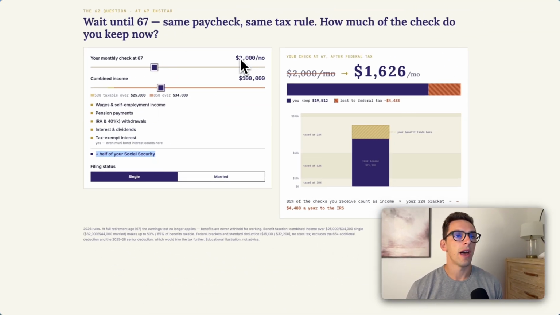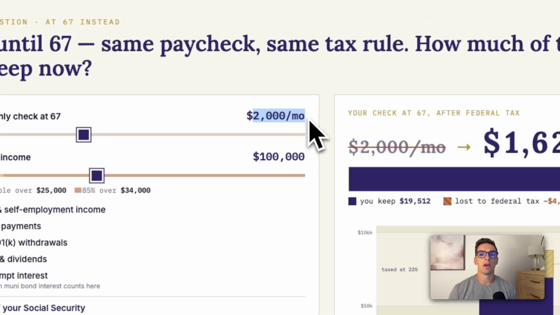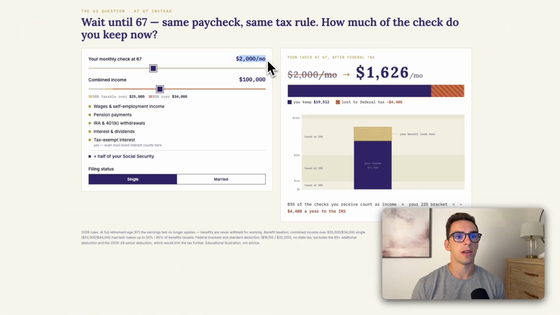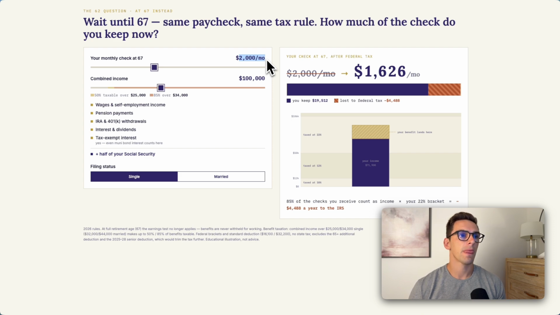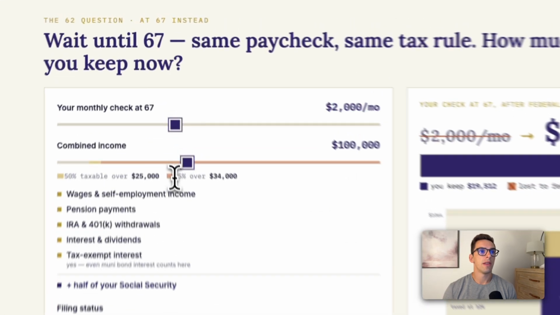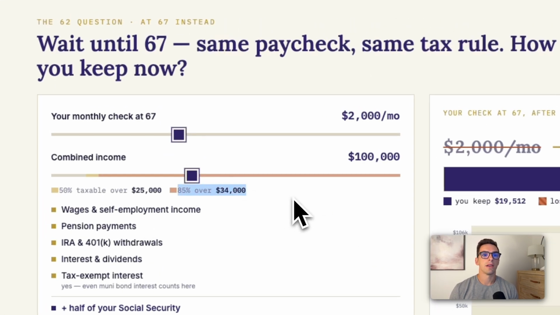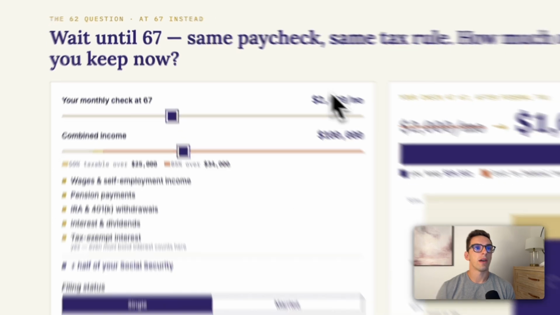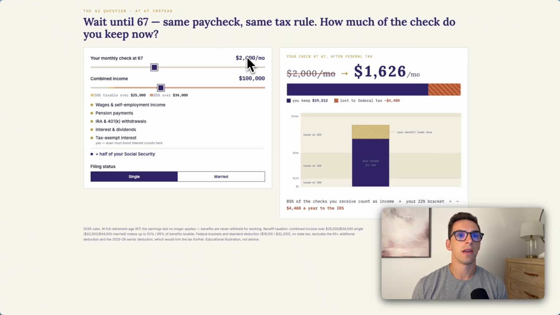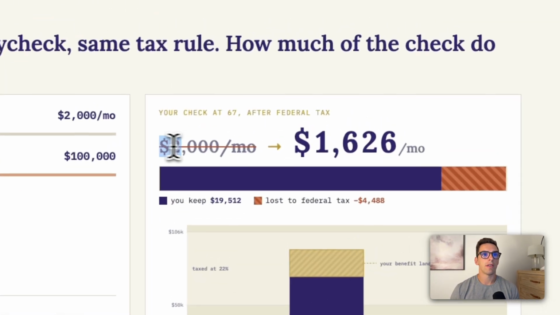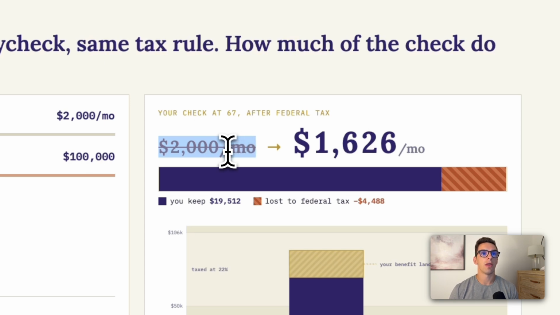So in this case, you would have an extra $12,000 thrown on top of all your other income sources, because I'm just taking 2,000, multiplying it by 12 months, which is 24,000, and then cutting it in half. So at $100,000, the single filer, that puts him into the 85% tax bracket. So what that means is of his $24,000 that he's going to receive over the course of the year, he's going to get taxed on 85% of it. And on the monthly level, we just have that broken out here. So that $2,000 a month, what he's going to be taxed on from that $2,000 is